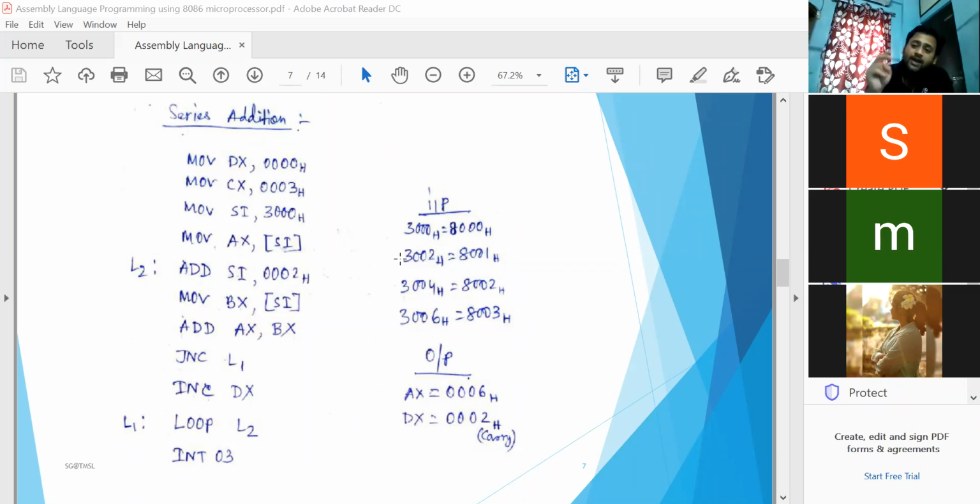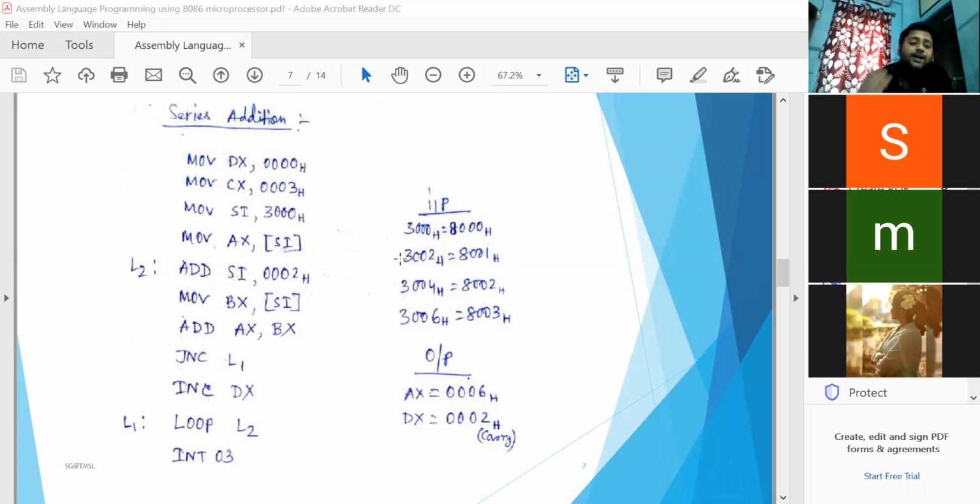Every time after each addition, your count value must be decremented by 1, until it is 0. So always you have to check whether my counter value is 0 or not. That's why you need individual instructions to decrement the counter value by 1 using DCR.